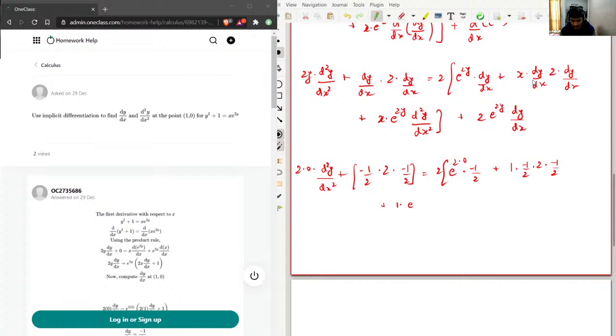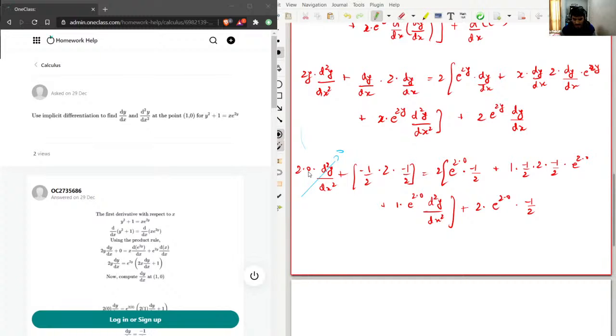I should have one e power 2y also. So this will be e power 2 into 0, and here we'll have x is 1, e power 2 into 0, and d square y by dx square, this is plus 2, and this will be e power 2 into 0, and this was negative of 1 over 2. Now this term will be gone